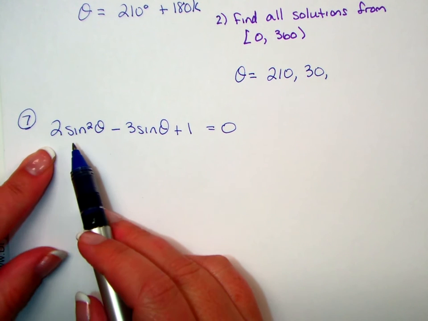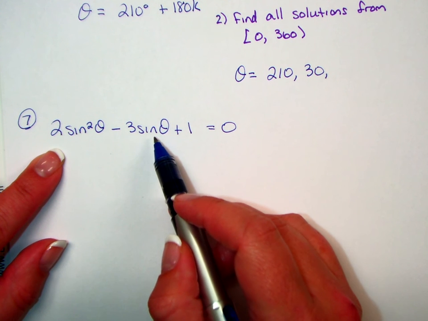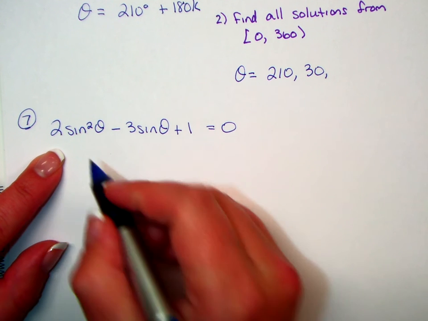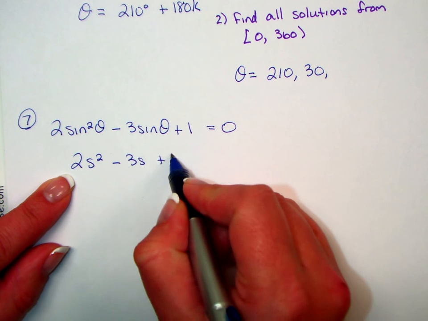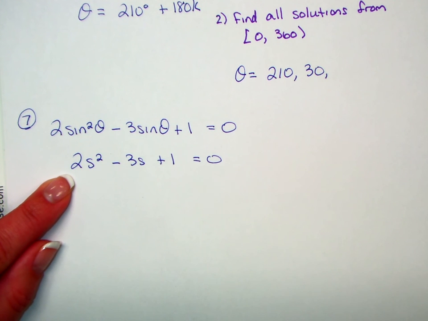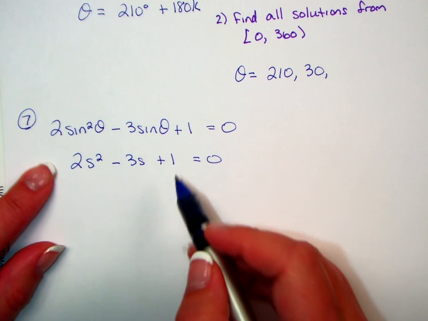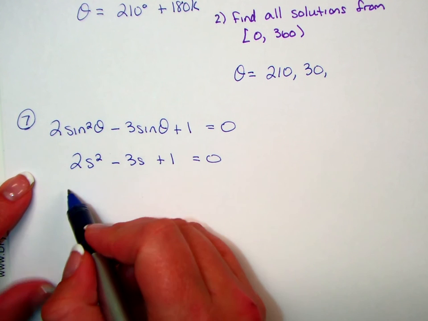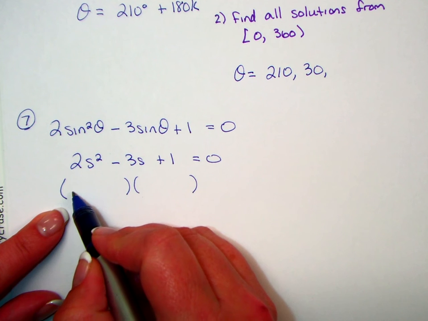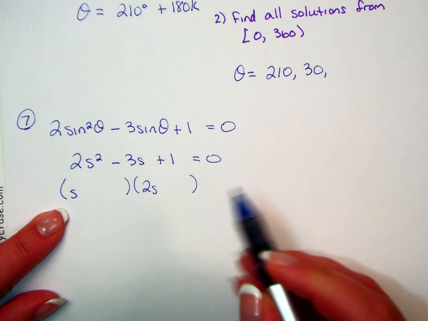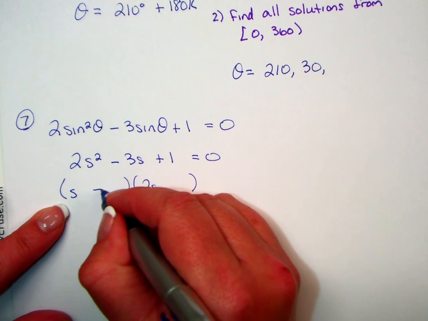Now, if you don't like to factor with sines in them, you can change them to s's. So we're looking at 2s squared minus 3s plus 1 equals 0, or you could change them to x's if you wanted to. Basically, we need to find two factors that multiply to get us this quadratic. So let me go ahead and factor it for you. Multiply to 2s, so I'm going to get s and 2s. Multiply to 2, add to -3, so I need a -2 and a -1. So I'm going to get